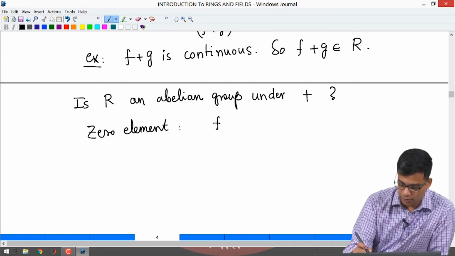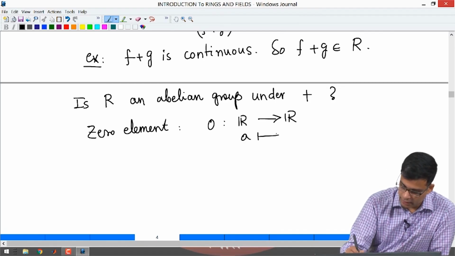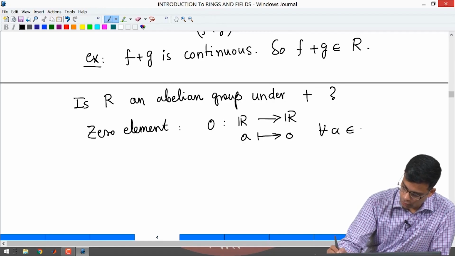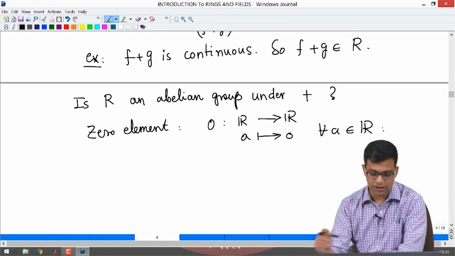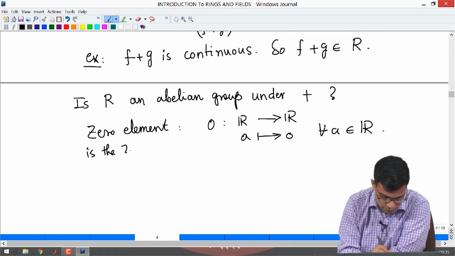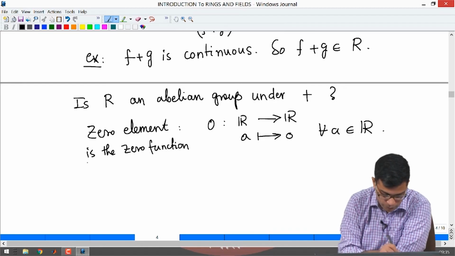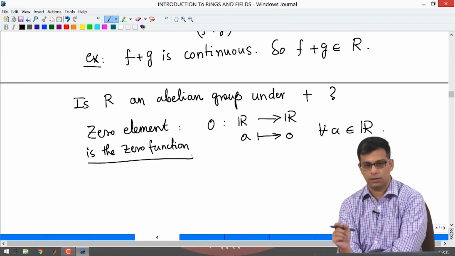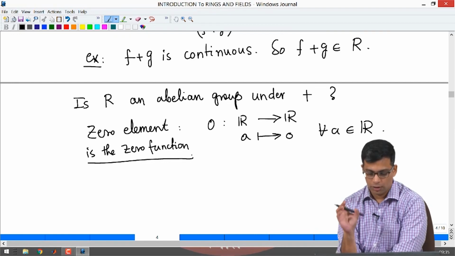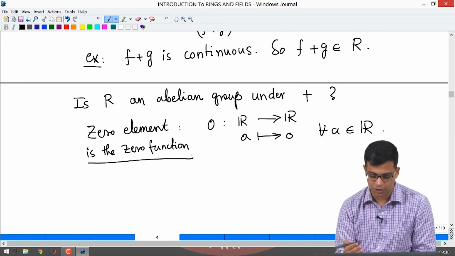The 0 element is simply the 0 function. What is the 0 function? This function sends a to 0 for all a in R. So, the 0 element is the 0 function, the function which sends every real number to the real number 0. Certainly, it is a constant function, so it is a continuous function, and if you